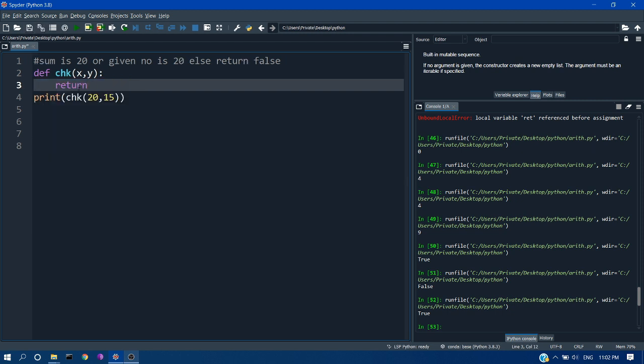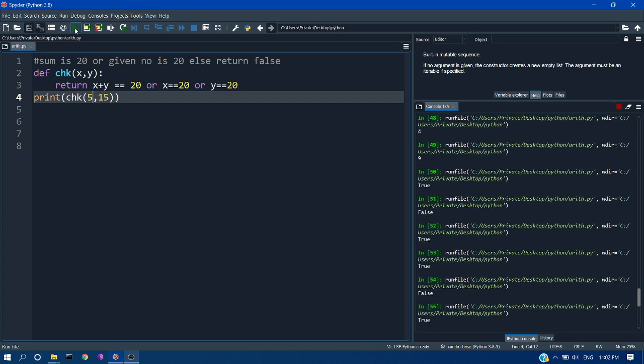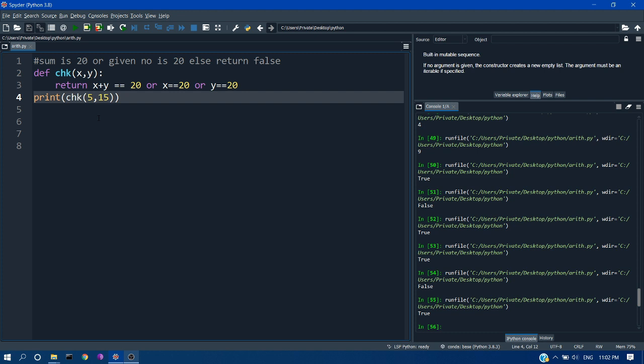Okay, we can make this a single line statement by using the OR case, because we are checking three conditions here. We can directly equate our problem statement into the condition. So if x plus y equal to 20, or x equal to 20, or y equal to 20. So if any one of these three is true, or all these three is true, it will return true. Else it will return false. You can see the same result here. So this is how you have to simplify your functions in cases whenever it's possible. So I think this example is now clear for you.